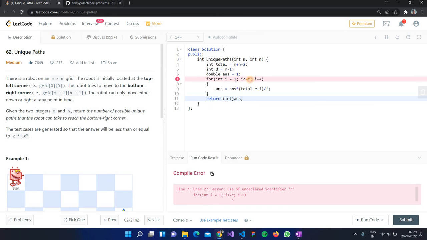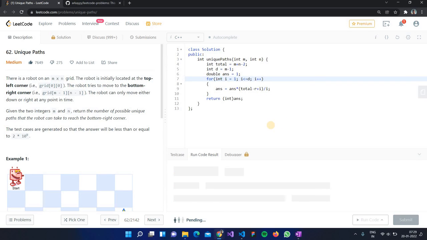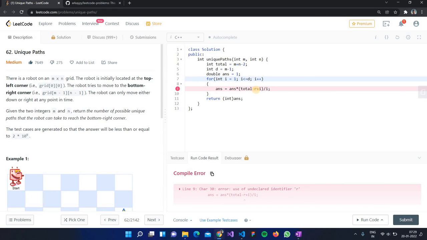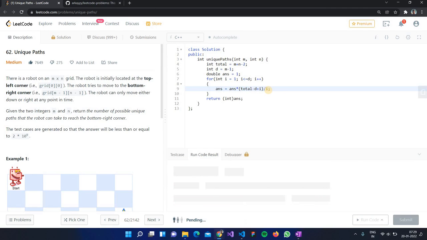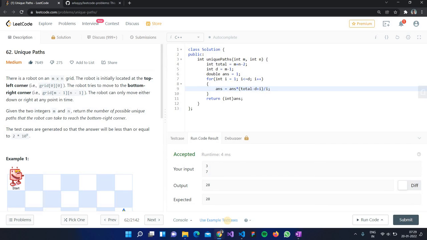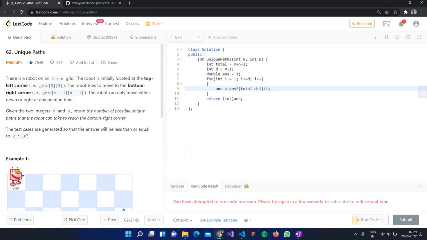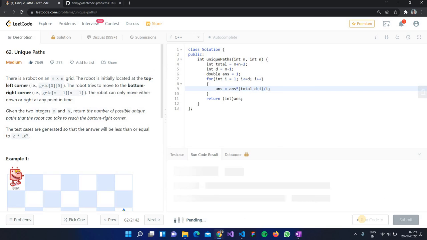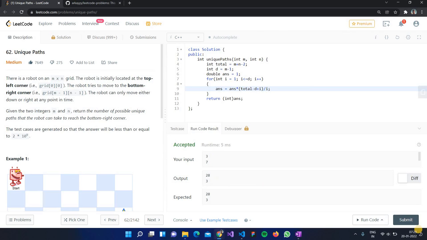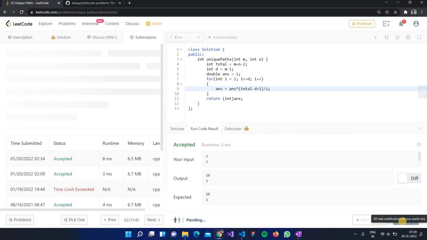So this R is not, okay, fine, this is D, right? So we just keep it as D. So as you can, okay, this R is again, okay, sorry, my bad. So as you can see, the sample test cases are passing. So let's run all the sample test cases for once. As you can see, all the sample test cases are passing over here. So if we submit it right now,